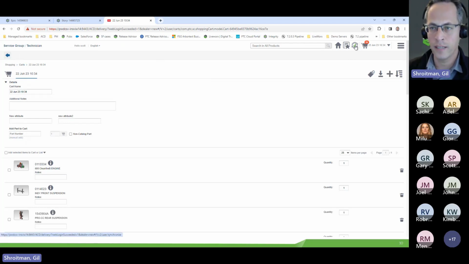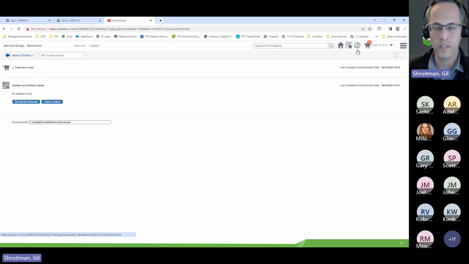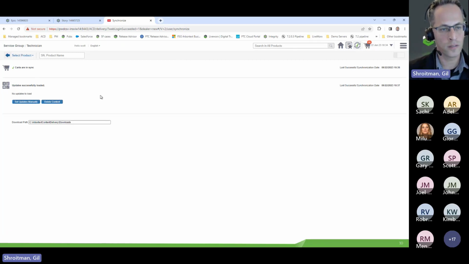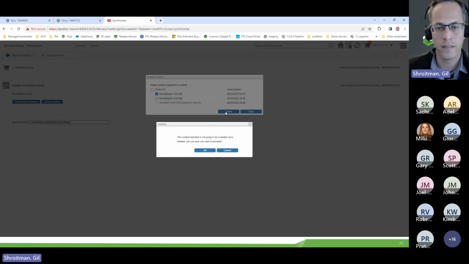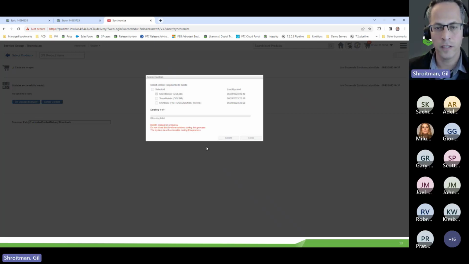the preferences sync. One other important improvement that we made through 7.2.0.3, as I mentioned, is the ability to delete, or for users to determine what content they would like to keep or retain in their offline deployment. So if certain content is not useful anymore, you can navigate to the synchronized page, and from the delete content dialog here, you can pick and choose whatever content you no longer need, and immediately delete it from here. And once this is done, I'm just going to